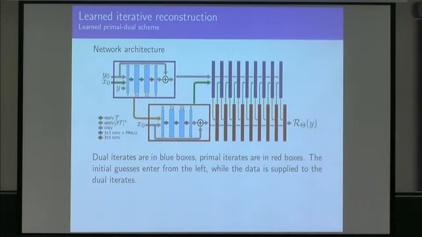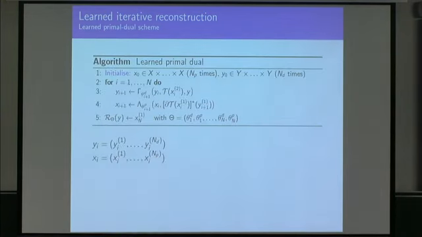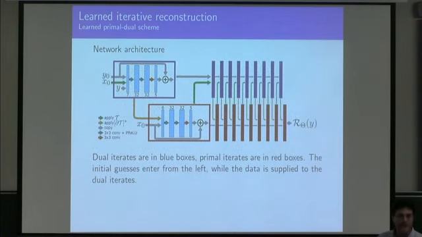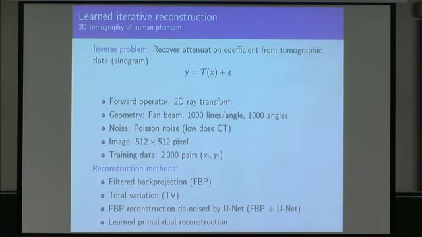And this is the network architecture. Yesterday it was said that we don't like images of networks. So I first started with the iterations, so I hope math guys are happy. And this is to satisfy the computer science people in the crowd. This is roughly how the architecture looks like. You're alternating between the primal and dual updates like that in a fairly nice manner. So let's see how this performs.